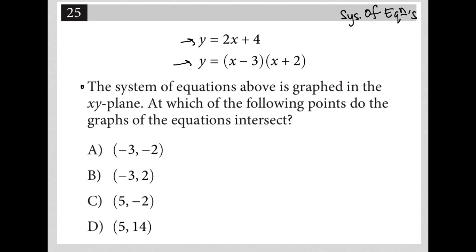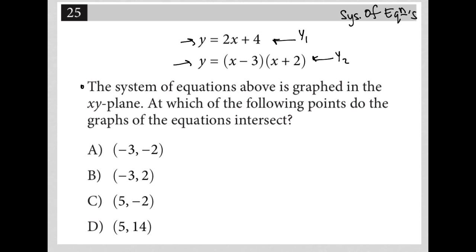All right, so first of all, if you have a graphing calculator, I would just plug this in, right? I would literally plug this in for y1, put this in for y2, graph it, and you're going to see where they intersect. You're going to trace it on your graphing calculator until you find the correct answer. Since I don't have the ability to show you that on the screen, instead I'm going to use a more